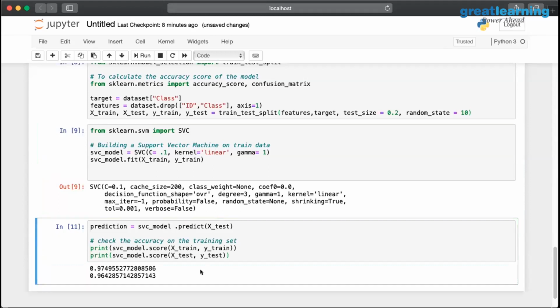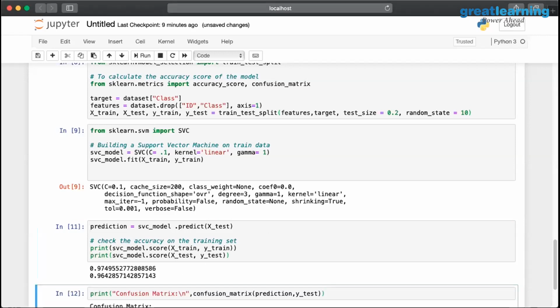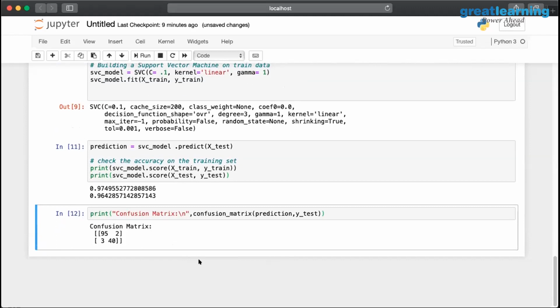So this is the accuracy we're getting with the linear kernel with the parameters we specified, right? The trade-off seems fairly reasonable, where I'm looking at the train score and the test score. Between the training sample and the testing sample, I'm not having too much variation, which means that the parameters we pass are sufficiently good in fitting this particular model. In the confusion matrix, I'm having decent sanity, with very few false positives and very few false negatives.